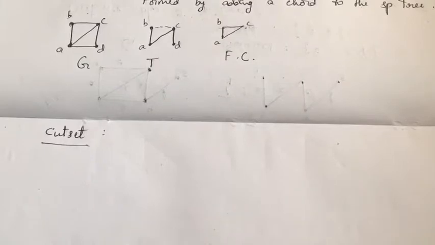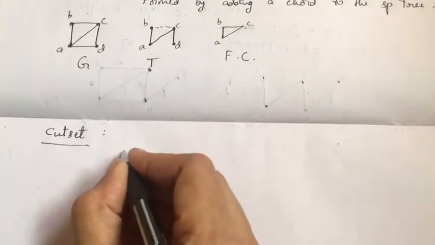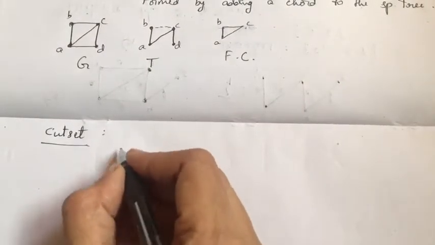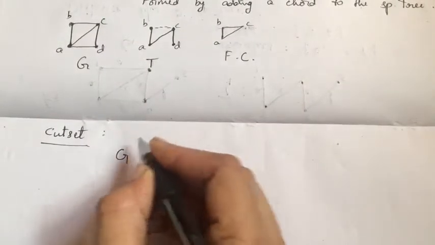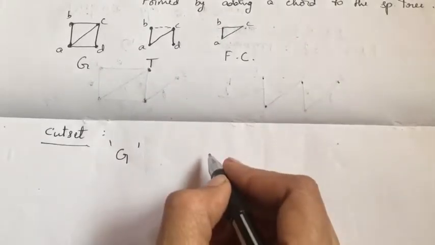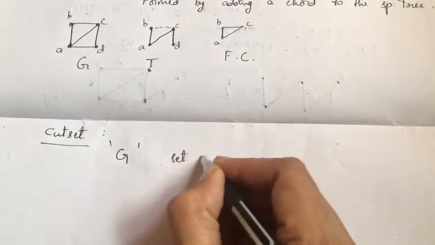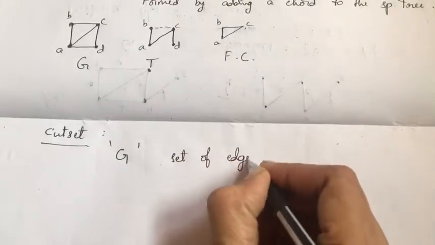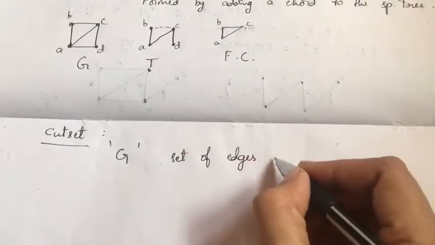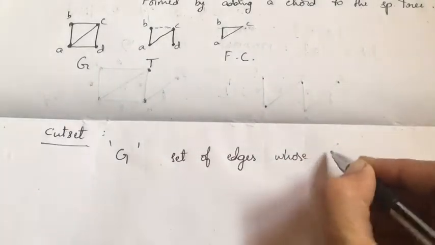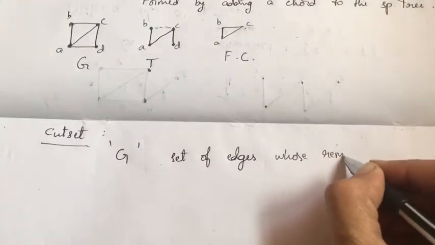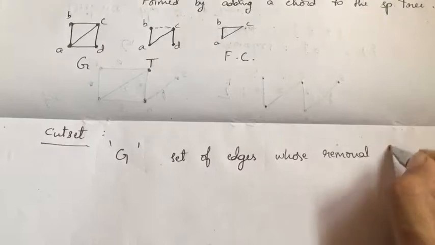If I remove those edges from graph G, then graph G becomes disconnected. It's a set of edges. Okay, if G is a connected graph, a cut set of edges is a set of edges whose removal from G